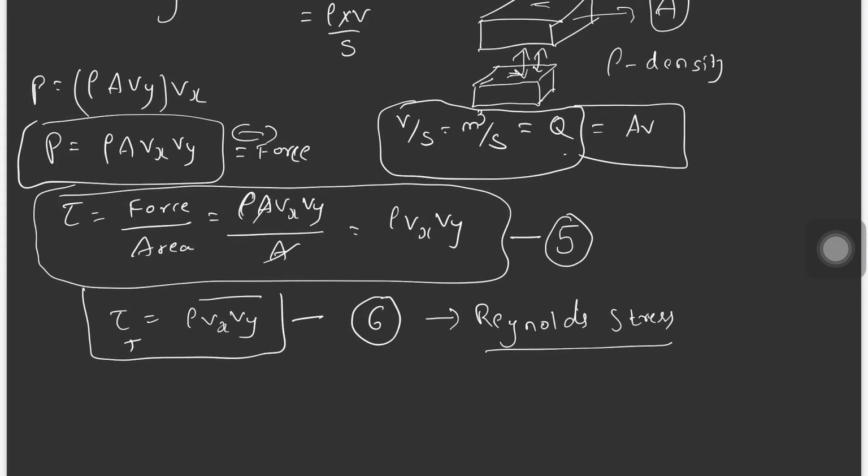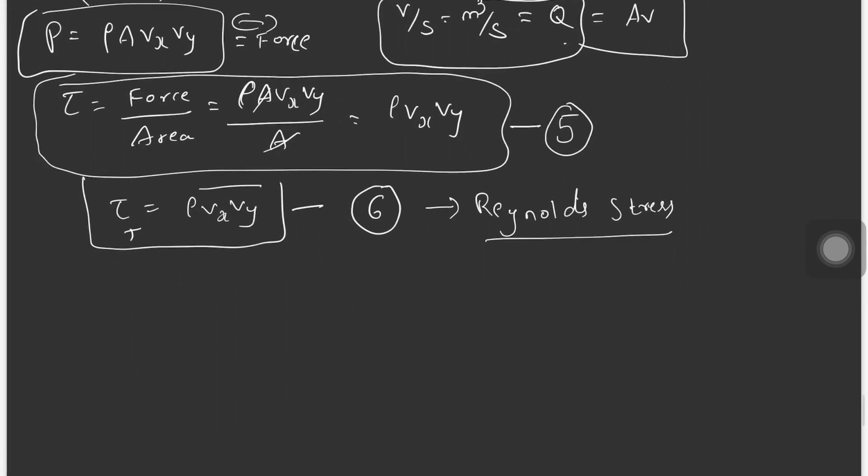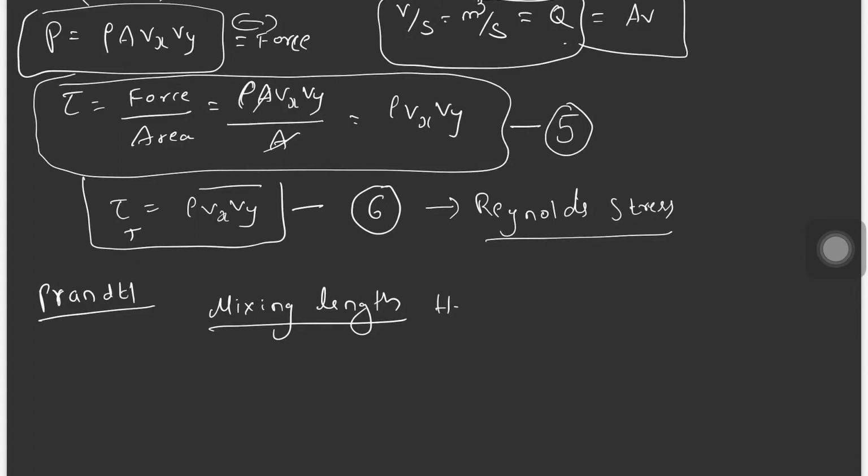Now, till here we have derived the equation for turbulent shear stress. There was another scientist named Prandtl who further simplified this shear stress value. He proposed a new theory involving mixing length. This is a new term which Prandtl coined, and the hypothesis is termed the mixing length hypothesis.